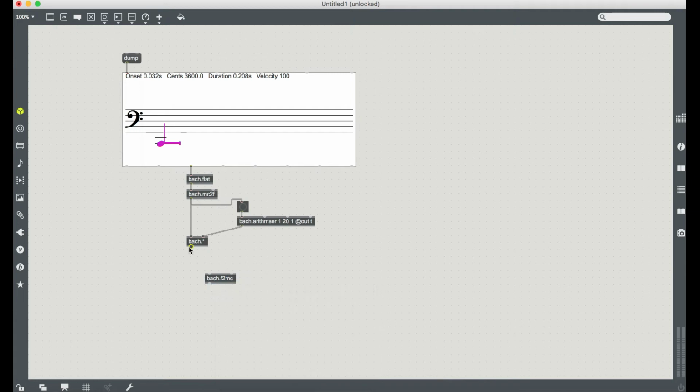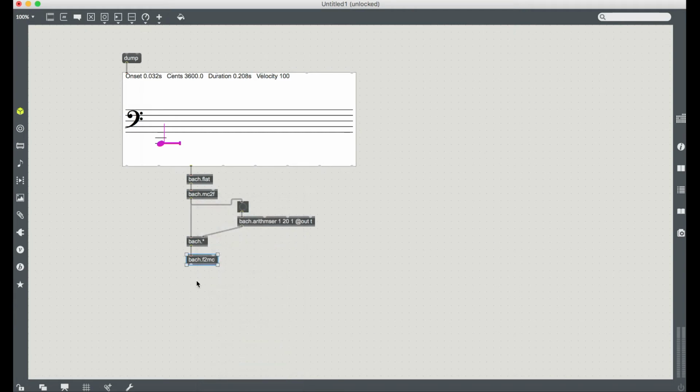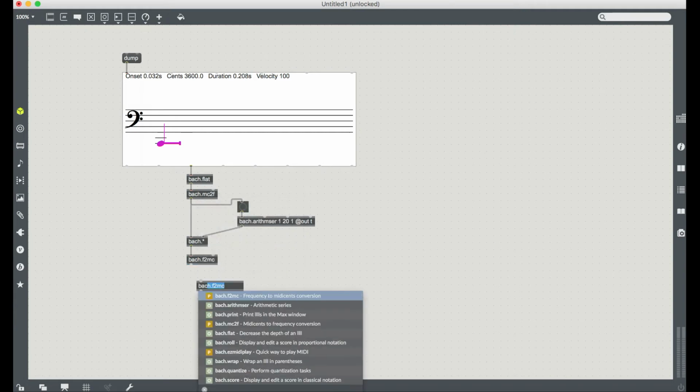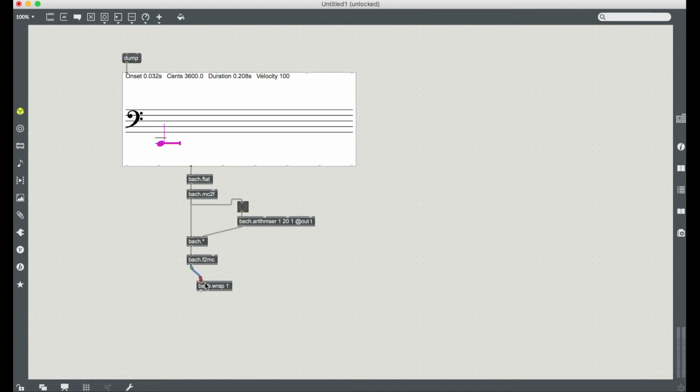f2mc. Okay. The next thing we'll do is reformat this list so that it works for our purpose, and that will be a bach.wrap object. bach.wrap is extremely helpful, and it's the opposite, if you will, of bach.flat. So bach.flat will remove any parentheses. bach.wrap will add levels of parentheses. So this number here determines how many levels of parentheses you're adding. In this case, we only need